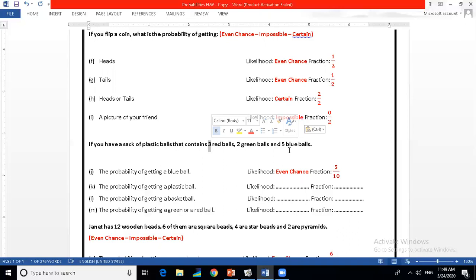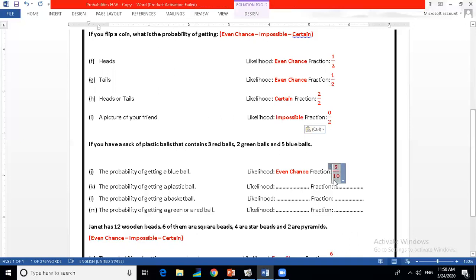So J says the probability of getting a blue ball here is going to be what? How many of the 10 are blue balls? We agreed when we rolled the dice, all the options that we have were 6. That's why the fraction was out of 6. When we flipped a coin, all the options that we have were 2. So the fraction was out of 2. Here I have balls. All of them are 10. So the fraction is going to be out of 10. 5 of them are blue. So it's going to be 5 out of 10 or 5 over 10, which is exactly the half,